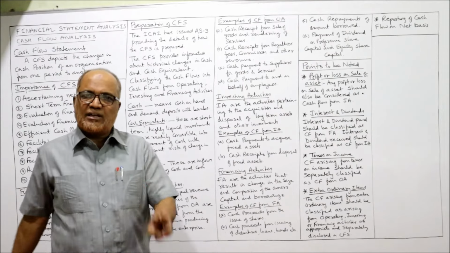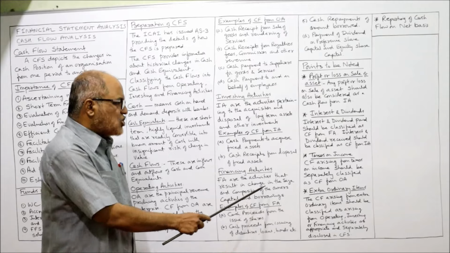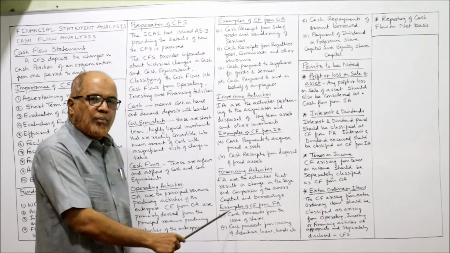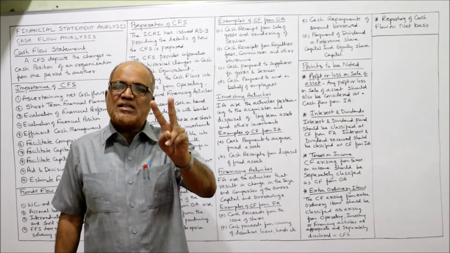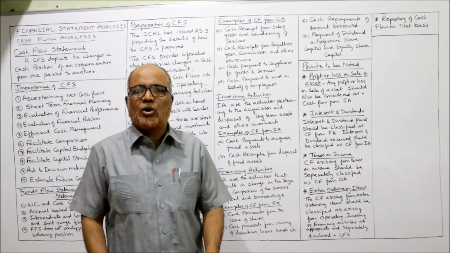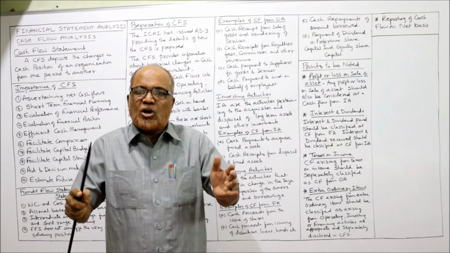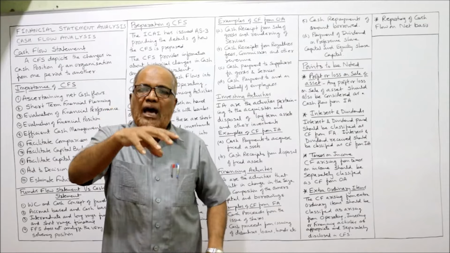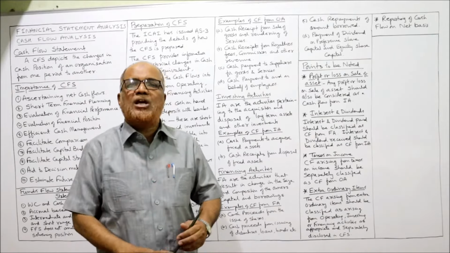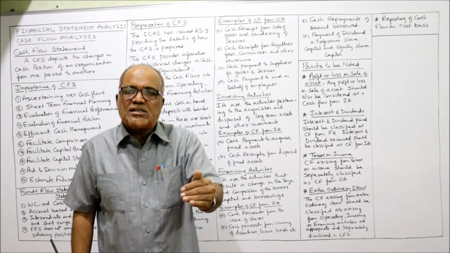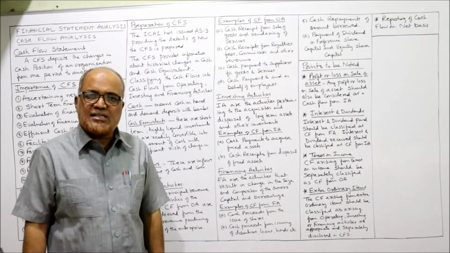Now financing activity, the third and last activity. Financing activities are those activities that result in change in the size and composition of owner's capital and borrowings. Two types of funds are employed in an organization: owner's fund and borrowed fund. So what is the size and what is the combination? All the activities relating to the size and combination of owner's capital and borrowings will come under financing